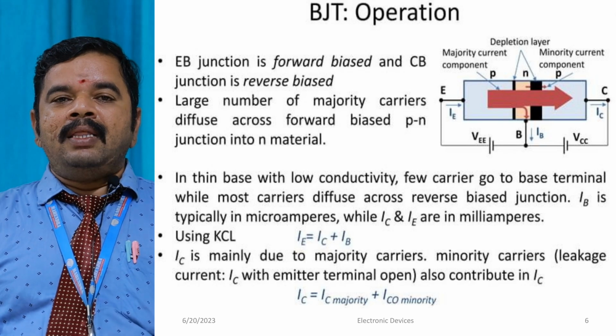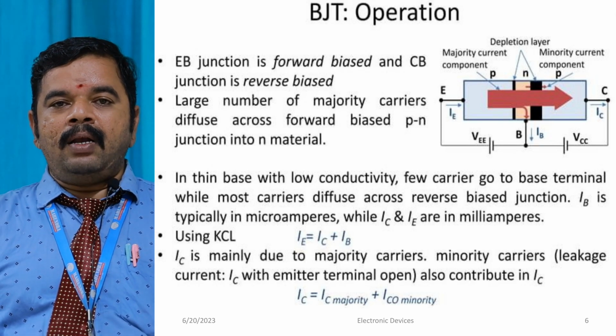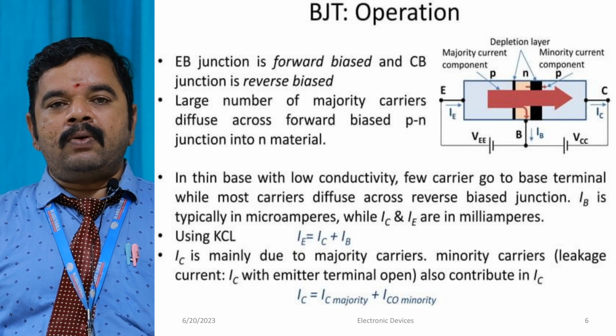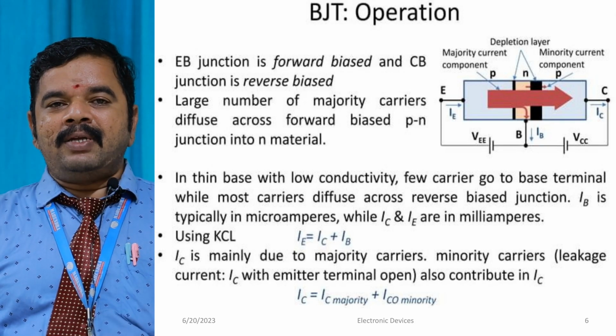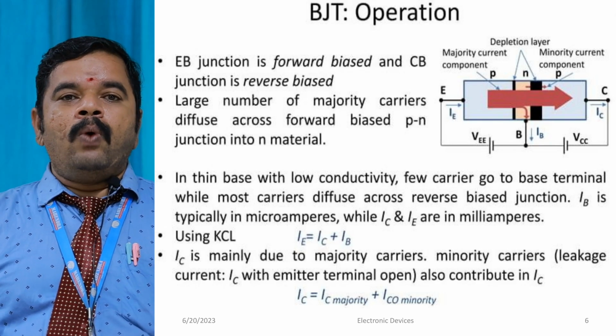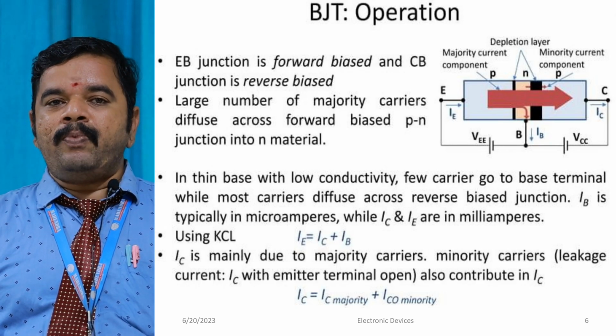Forward bias means the depletion region will be very small. What is forward bias? The P will be connected to the positive, N will be connected to the negative. Due to that, the same charges repel, so repulsion takes place. Due to that, the depletion region width will be reduced. While the depletion region width is reduced, we have to conclude that the resistance will be very small